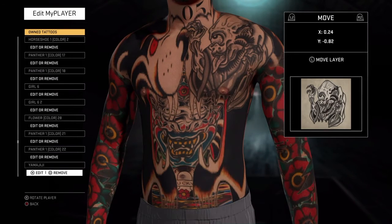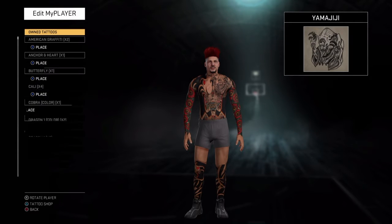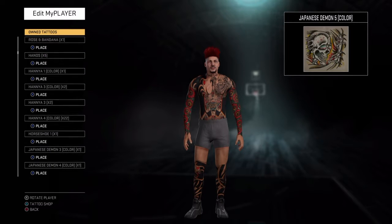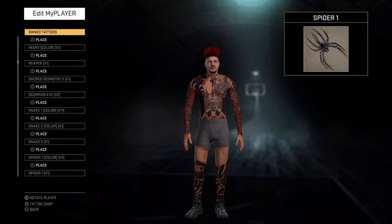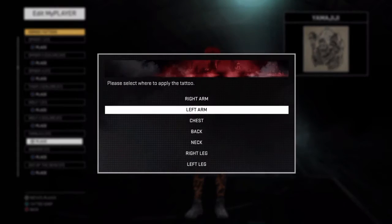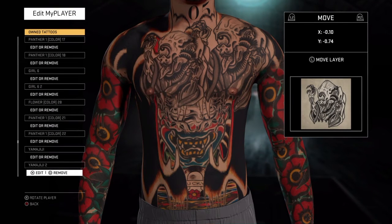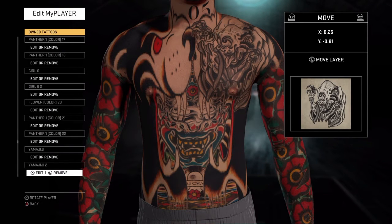It looks pretty cool. Now let's say I want to put the other side. I just go back and look for the same tattoo. These are the tattoos I already bought, all of these tattoos right here. Again, if you need to buy some, all you've got to do is press triangle right here on this page and it takes you straight to the tattoo shop. And right here, chest. I put it on my chest, but before I actually do anything to it, what I like to do is put it right on top of this one,